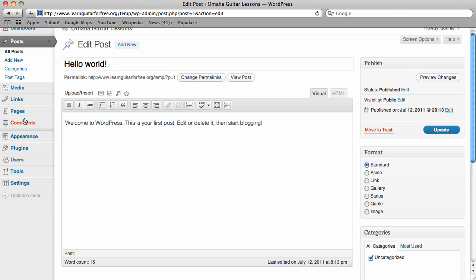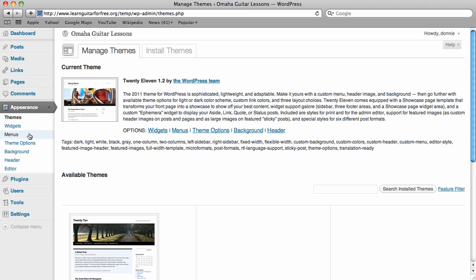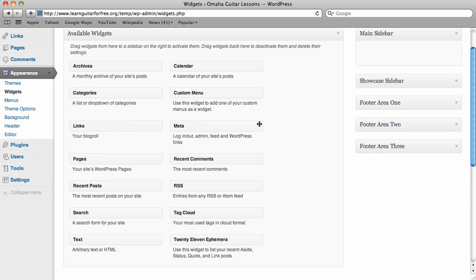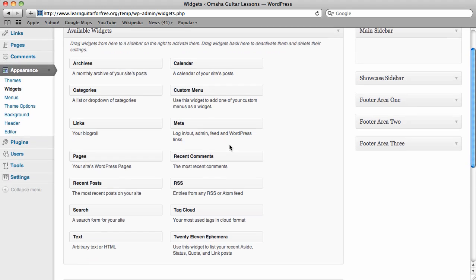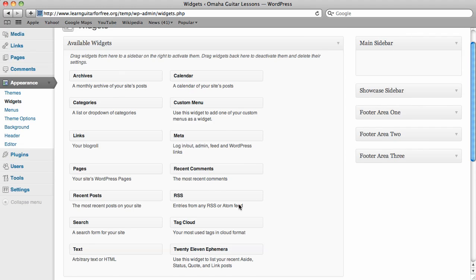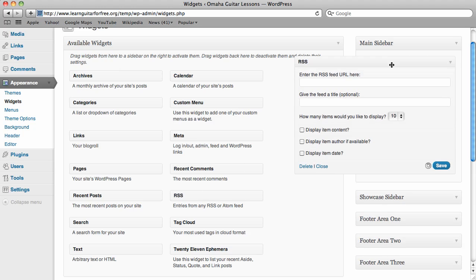Another cool thing about WordPress is that it lets you do widgets, right? So say you want to put a little box on the side of your website, which I actually recommend, that will allow you to have a sign-up form for your opt-in email list. Well, you go to Appearance, and then you click on the Widgets tab, and it's got all of these various little widgets that you can add to the side, right? So let me just throw a couple of them on here. So let's do RSS. You just click and drag, right? Just drag it over to the main sidebar like that,